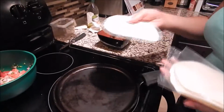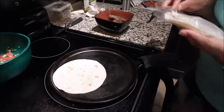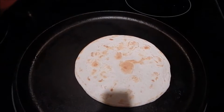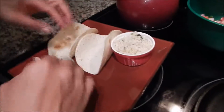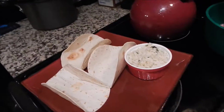The instructions here are to grill, quote unquote, our tortillas. Okay, we have one tortilla that is charred, slightly charred, on one side. We'll work with it, okay? We have 3 ready. We can fill them